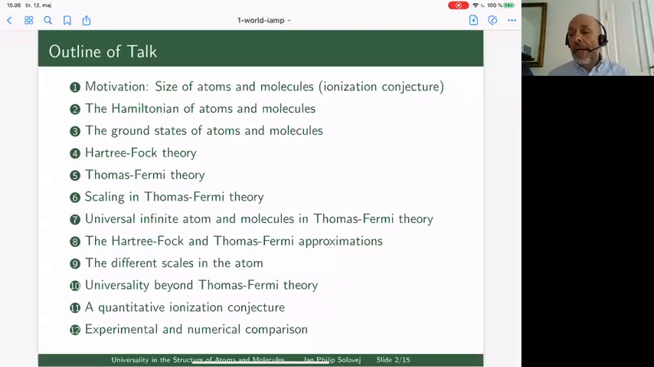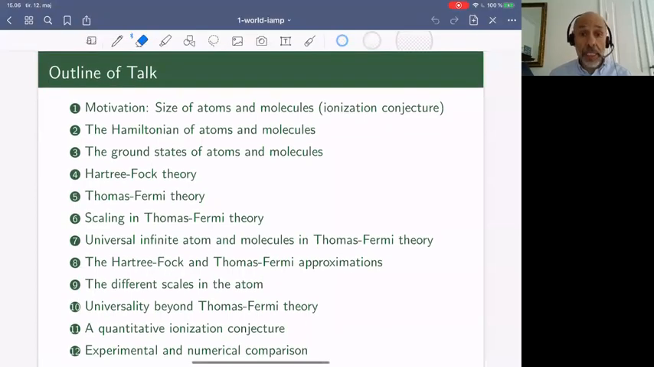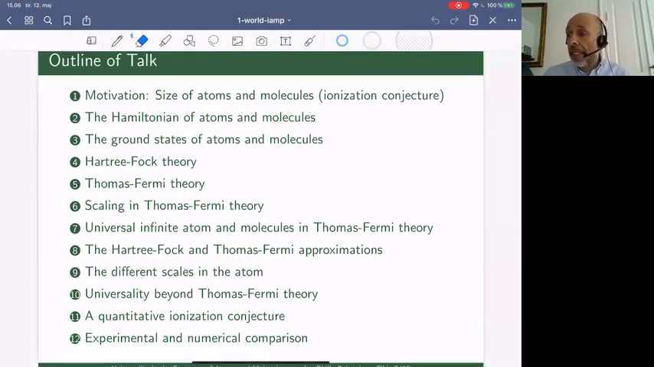atoms. I will then describe how one does the Hartree-Fock and Thomas-Fermi approximations of real many-body atoms. So I will go through a little bit how this is done. This is basically a semi-classical approximation, and it leads to understanding different scales in real atoms. And then finally, I will get to the universality beyond Thomas-Fermi theory. I will make conjectures about how I see this universality in